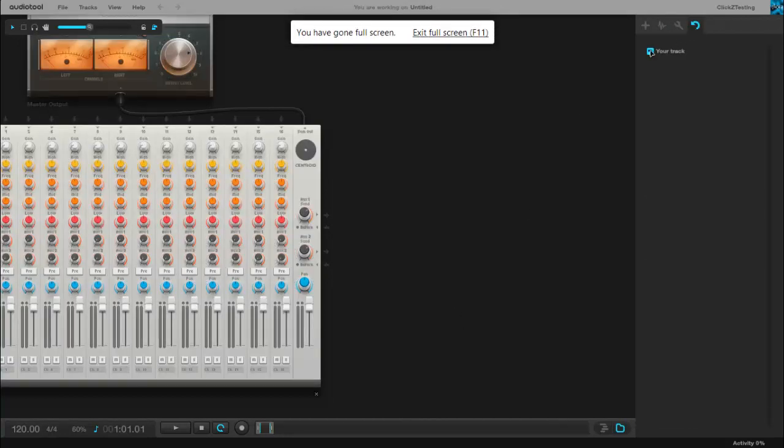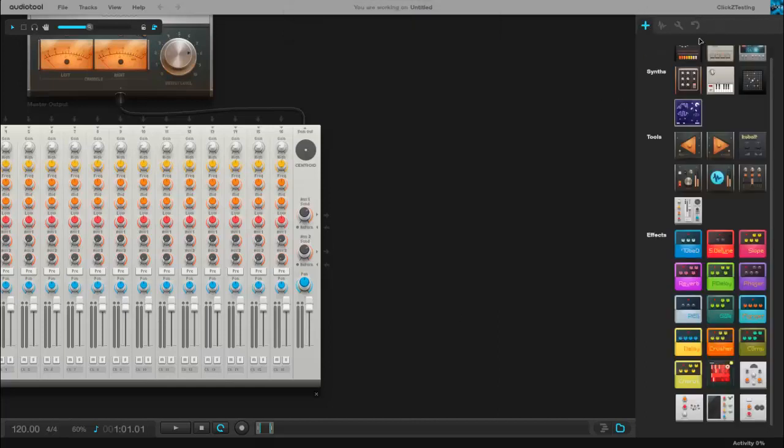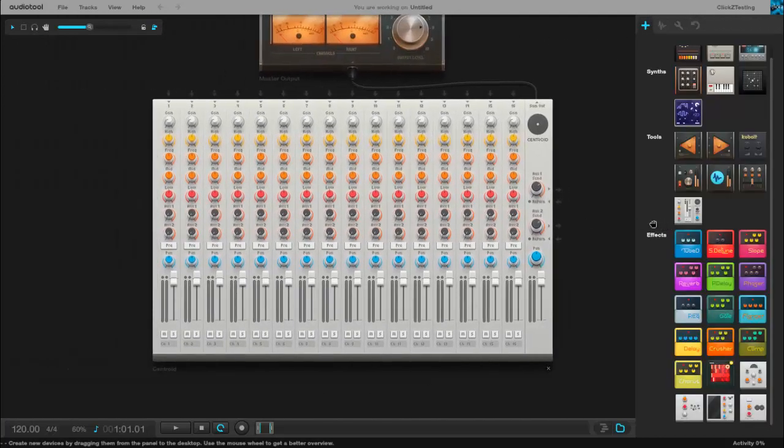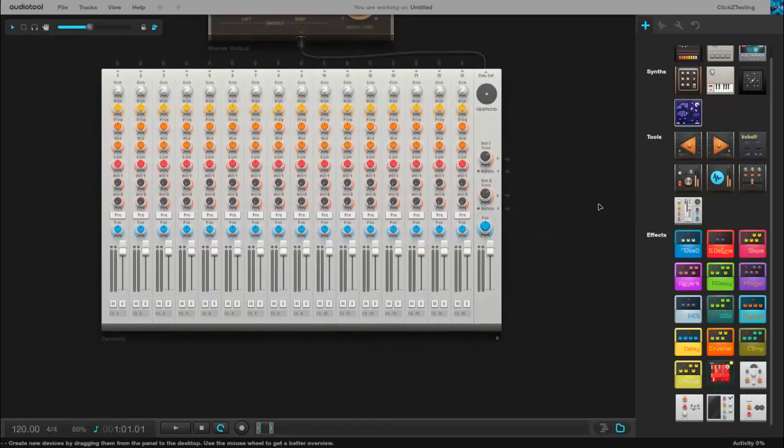That is just like, I don't actually know what you do with that. I've never actually used this for anything. And maybe a little list of everything you've done. You could be able to undo specific things instead of having to go back really far. Just undo, undo, undo, undo. But that's about it. So there's your basic setup for this site.